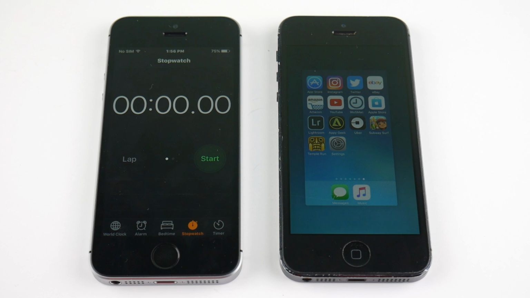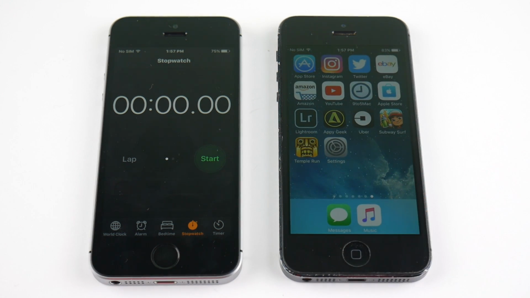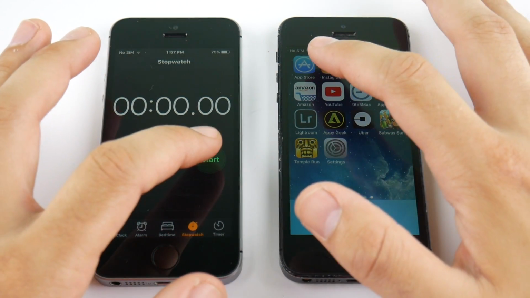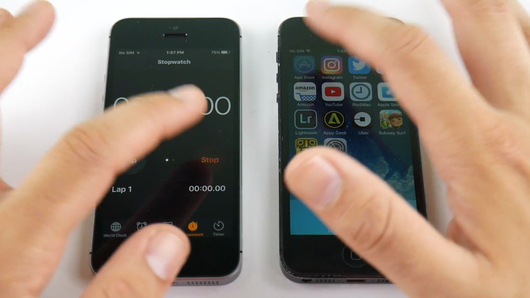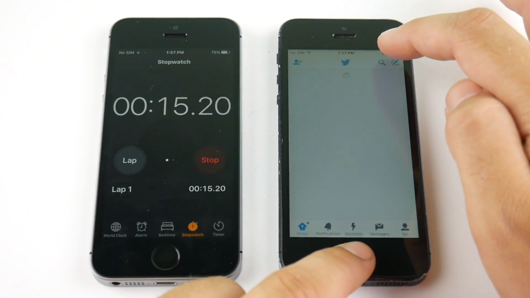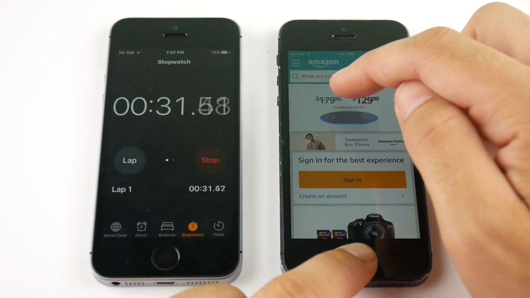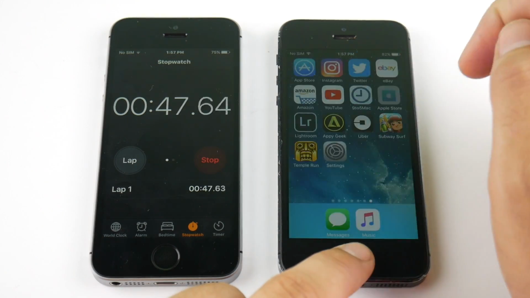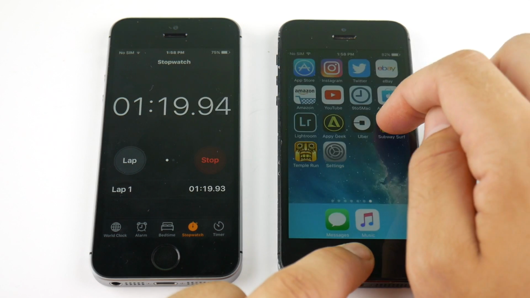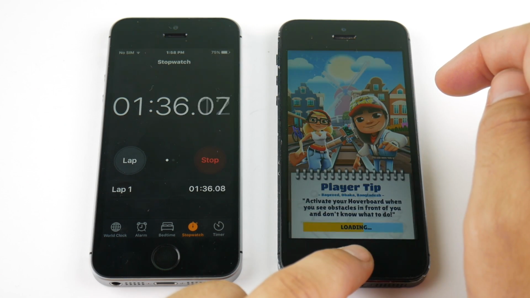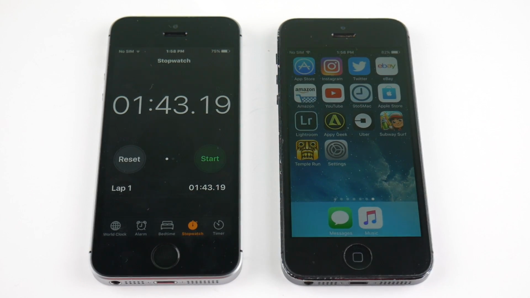Alright guys, so as you can see right here, I do have all the applications closed. We're going to run the speed test again. I'm not going to make you guys sit through this one. I didn't know it was going to be that long in the first one, so I'm going to speed this up. So let's just begin, and I'll be back when it's done. Alright guys, so we finished with a final score of